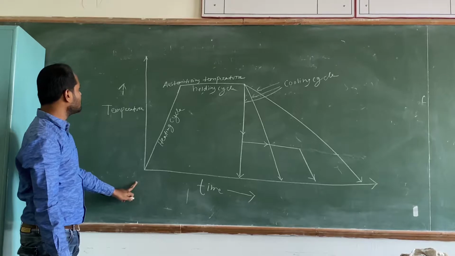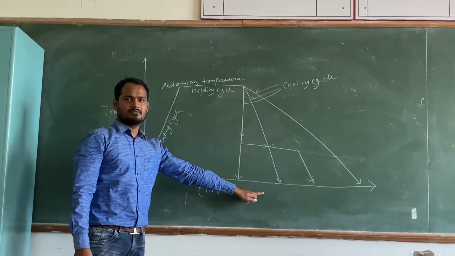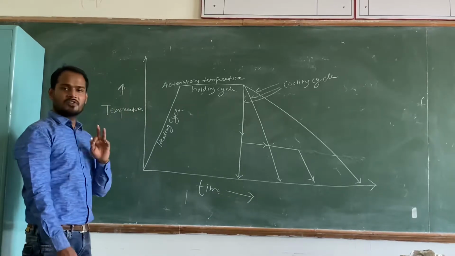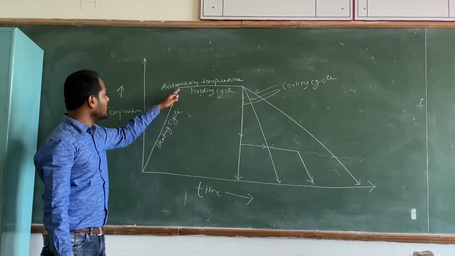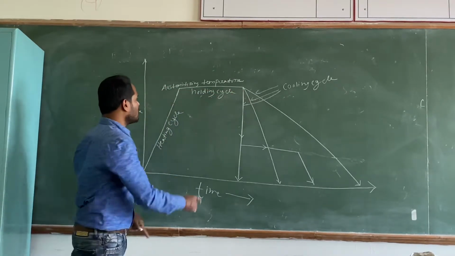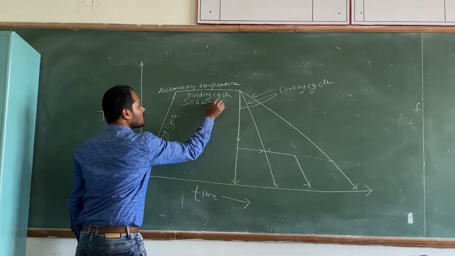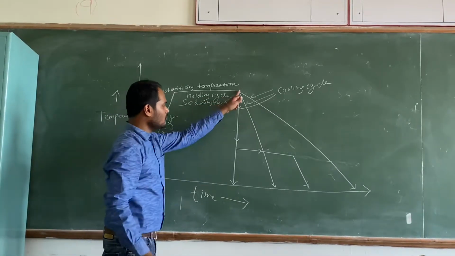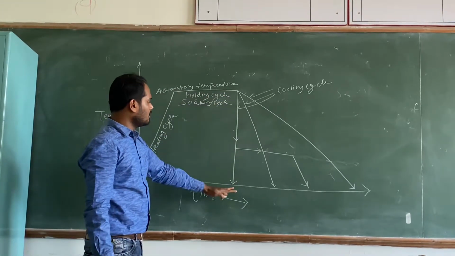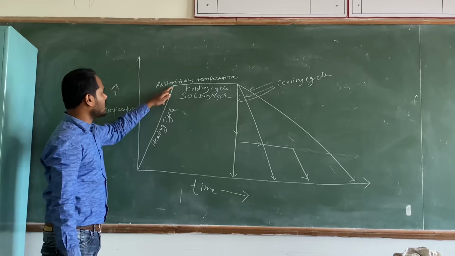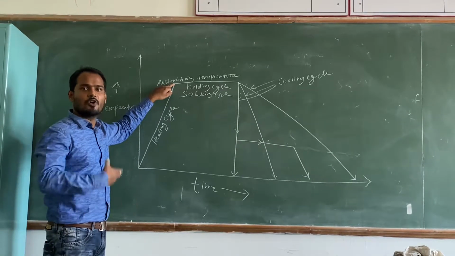So you can see this is a heat treatment cycle. Heat treatment cycle means what? We have temperature in y-axis and time in x-axis, right? So we have three cycles in a heat treatment cycle. One is the heating cycle, then next one is the holding cycle. This holding cycle is also called soaking cycle, and finally we have a cooling cycle. Three cycles: heating, holding, cooling. Heating cycle is always taken to the austenitizing temperature, where we convert our initial microstructure into austenite phase.